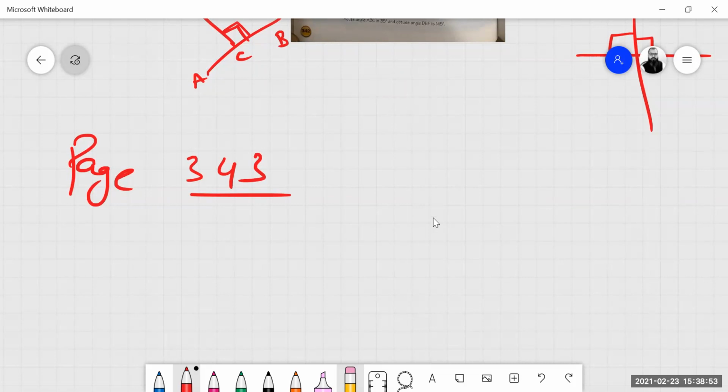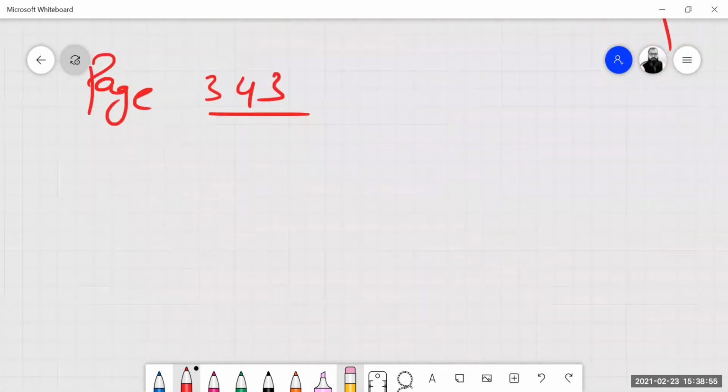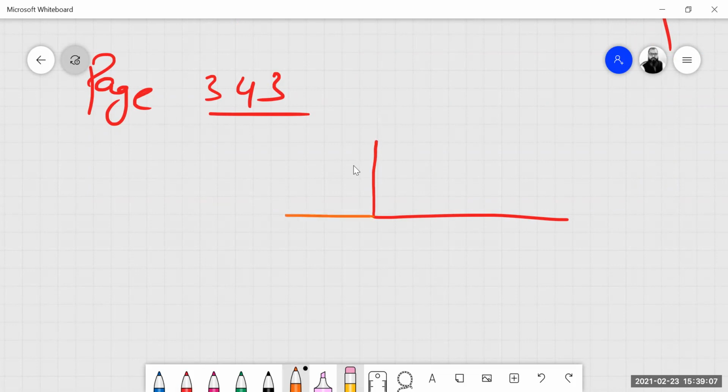I don't understand what you want to say. Okay, go to question number A. Look, this is an angle. This until here is 90. Okay. This is 180. Is it correct?